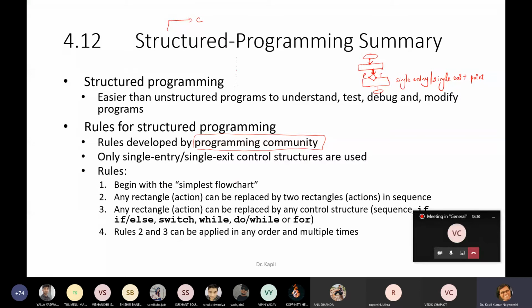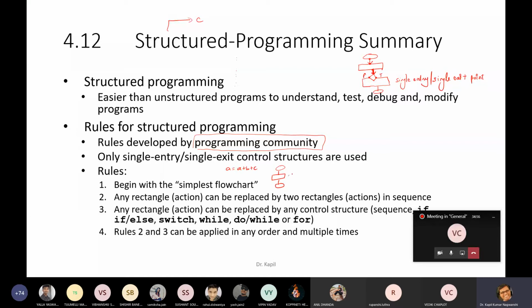Now come to the rules. Begin with the simplest flowchart. This is the simplest flowchart. Just write your abstract statement over here. Now, any rectangle can be replaced by two rectangles. Suppose a program is a = a + b + c.